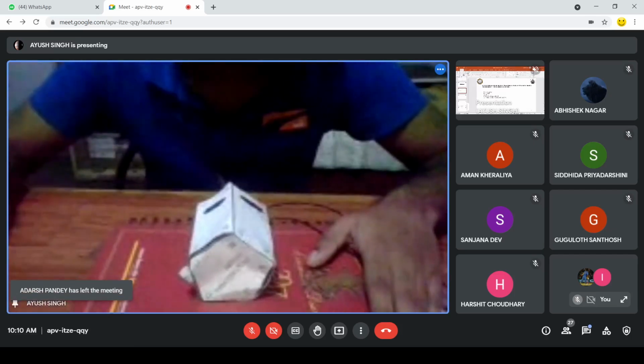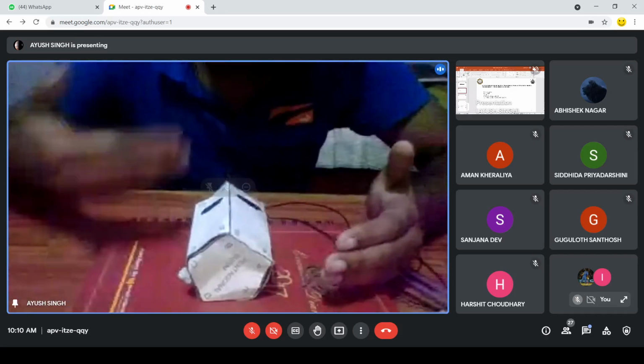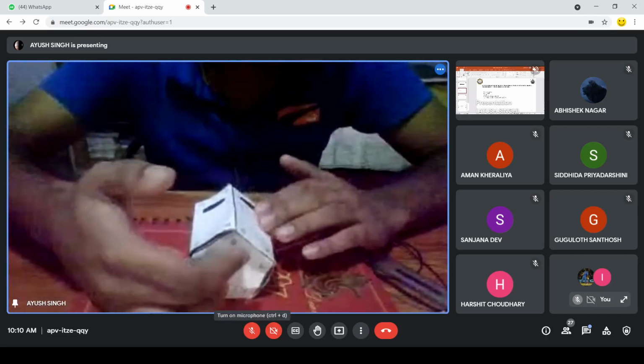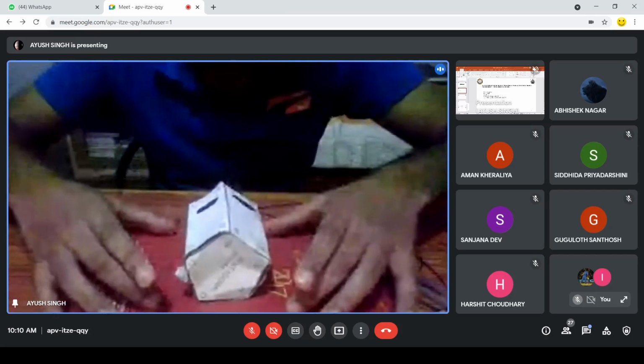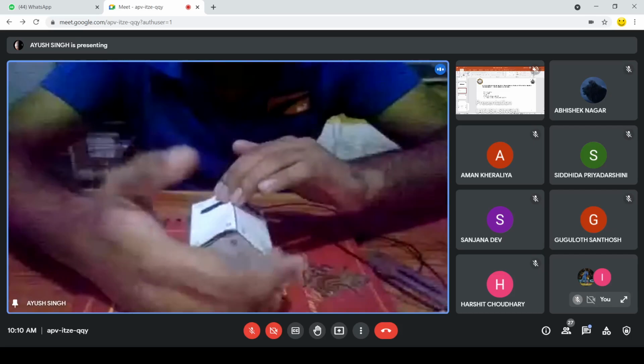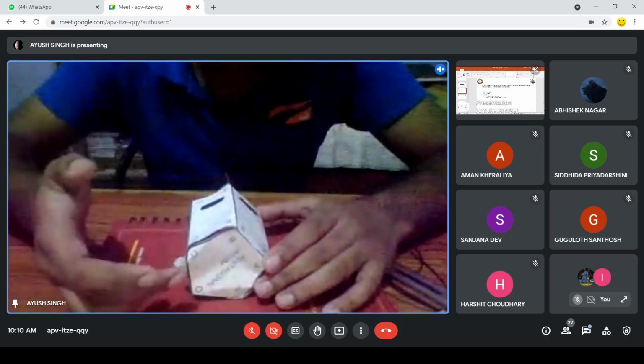Its true shape will be visible from the front view only, because if you see from the top, it will look like a rectangle. If you see from the front, it will be a pentagon of actual side 25.